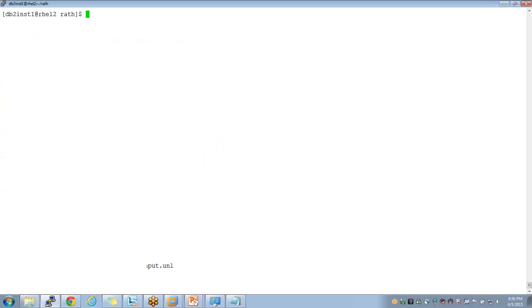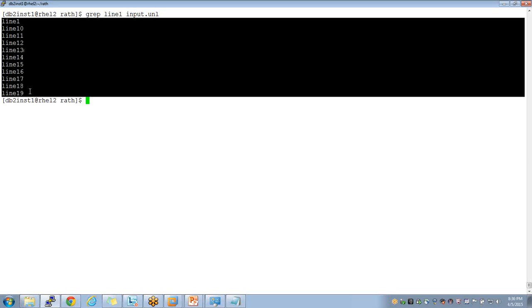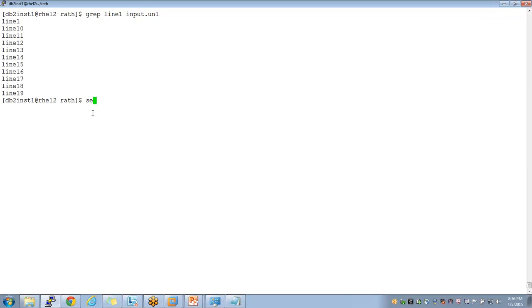When I say grep line 1 from input.unl, whatever you're matching here, you'll find it here. The same thing you can do with sed also. sed -n, search for line 1. The default action is print, from input.unl.